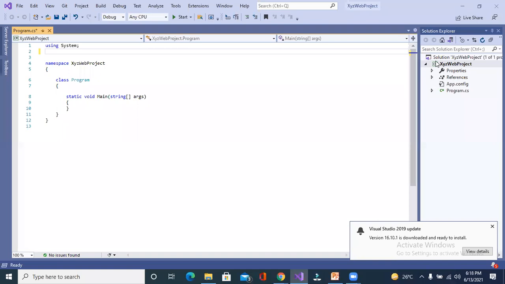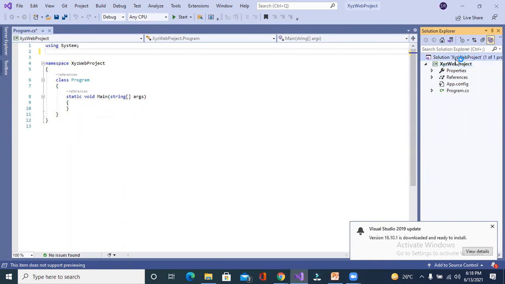So you have seen two things. One is project name and another is solution name. Here you can see the name of solution, XYZ web project. Are you getting my point? There is one solution, and the name of the project is similar to the solution. And the second one is the project, the name of the project, right?